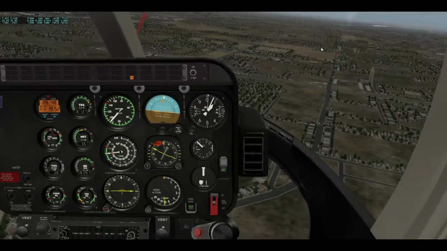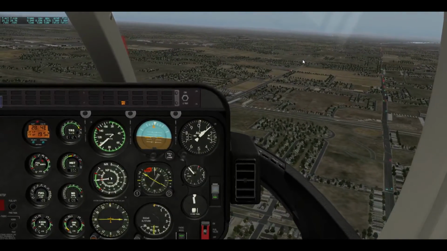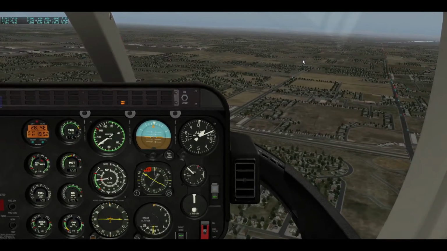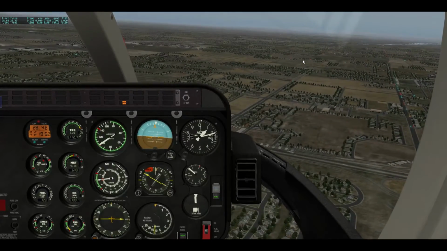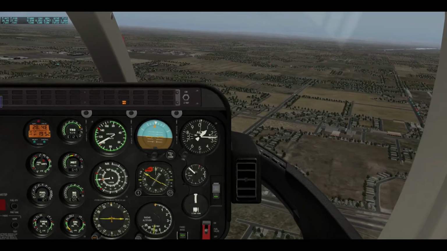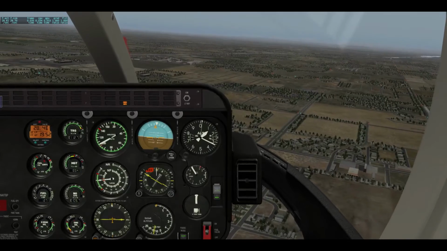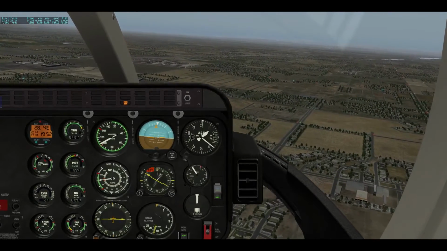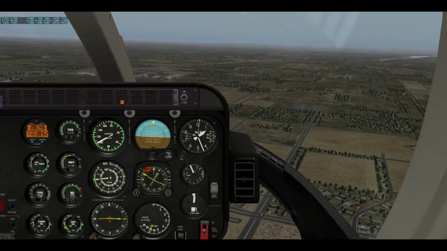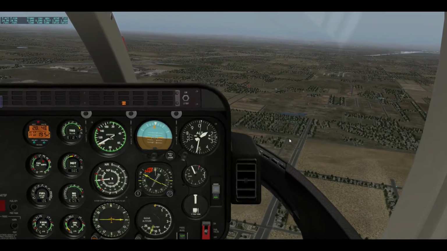572 Delta X-ray, Hawthorne Tower, wind 230 at 8, runway 25 left, clear for takeoff. There we go. So we have to stay below 2,400 feet. Delta X-ray, SOCA departure, good day. This is heli 76200, 1,200 feet and climbing. Helicopter 76200, SOCA departure, cancel altitude restriction, resume own navigation. Cancelling alt restriction and resuming own navigation, heli 200. Cool. So we can cancel that altitude restriction, which we don't really want at this point. And we can continue on